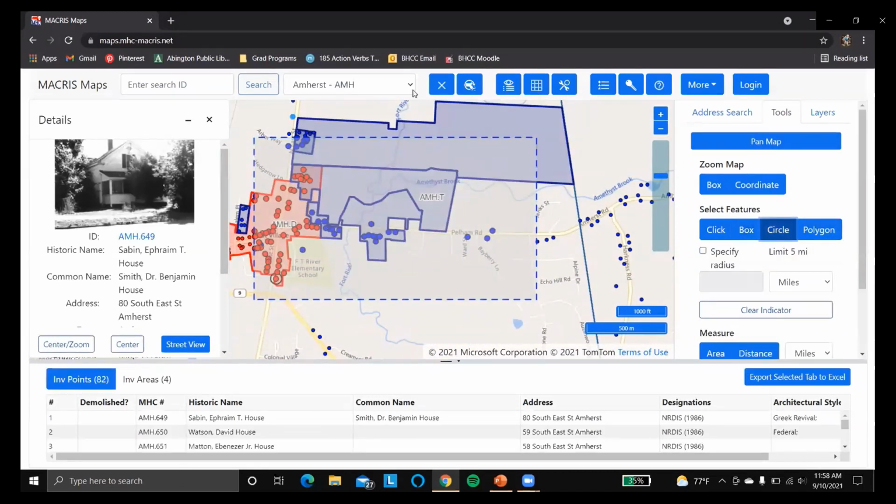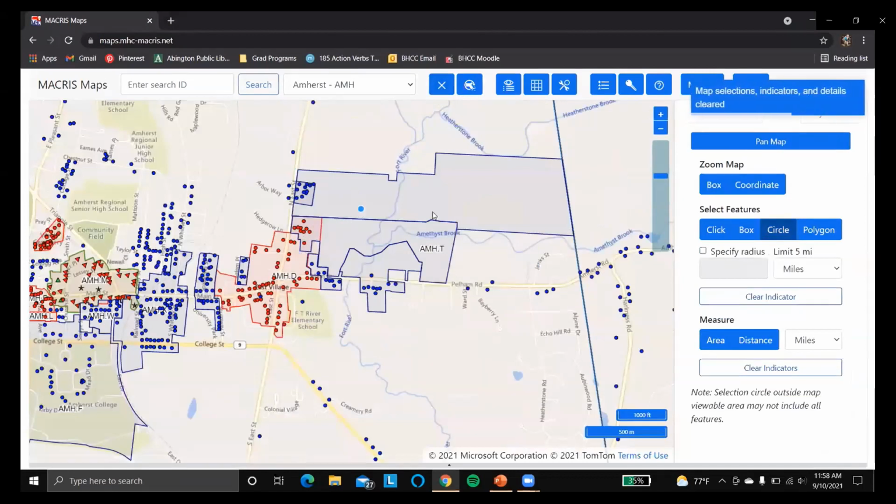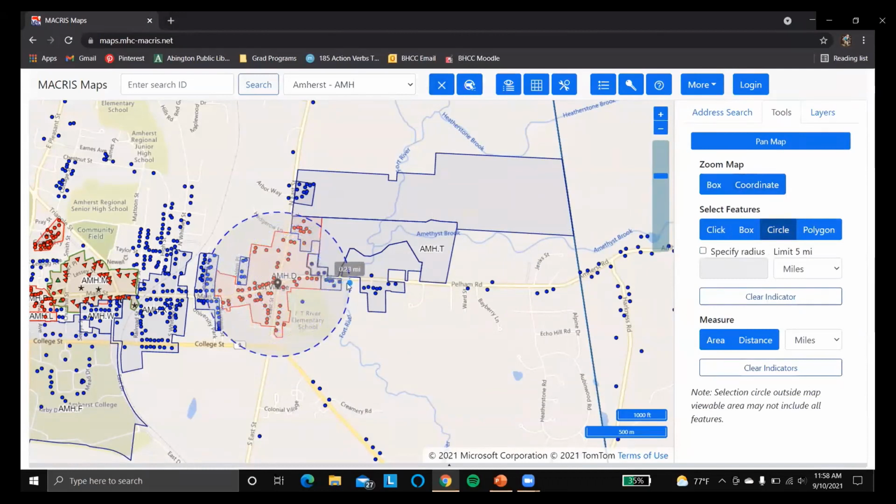Another option, say we want to know what is within a 1/4 mile radius of this intersection here. We also have select by circle available. So you click at the center of where you want your circle to be, and you have 2 options. You can see that